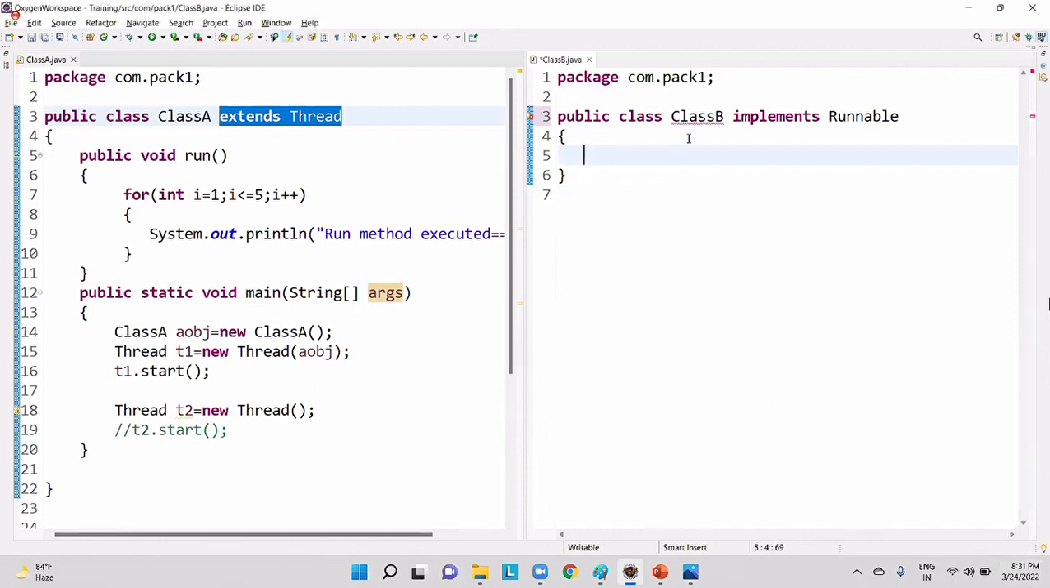We are getting an error because Runnable is a which interface? Runnable is a functional interface. What do you mean by functional interface? A functional interface will have only one abstract method, I told you, right? And that abstract method which is present in the Runnable interface is